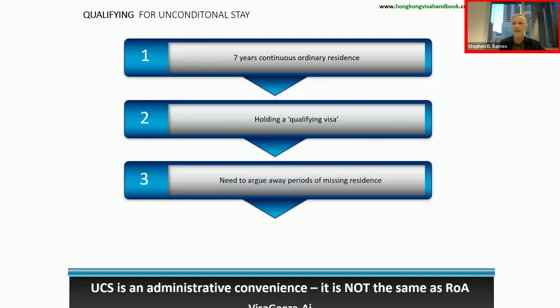consideration for unconditional stay. If you've been absent from Hong Kong for any length of time, you need to argue away missing periods of residence. Explain that at the time that you departed, it wasn't your intention to depart permanently. It was just a temporary absence, as evidenced by what you left behind in Hong Kong to return back to